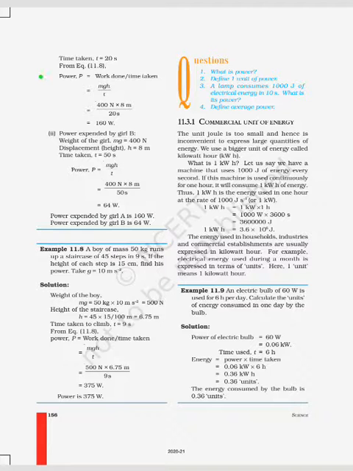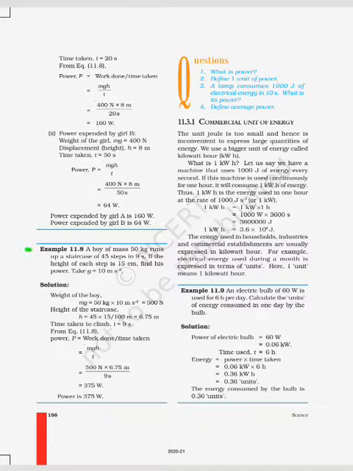So here you see in this formula, power is equal to work done upon time taken. Work done is mgh, upon time taken t. If we put the values in this formula, mg is 400, h is 8 meter, time is 20 seconds. We will get 160 watt for girl A. Same thing if we calculate, we will get 64 watt for girl B. It means the power expended by girl A is 160 watt and the power expended by girl B is 64 watt. Why? Because girl A is doing the same thing in less time.